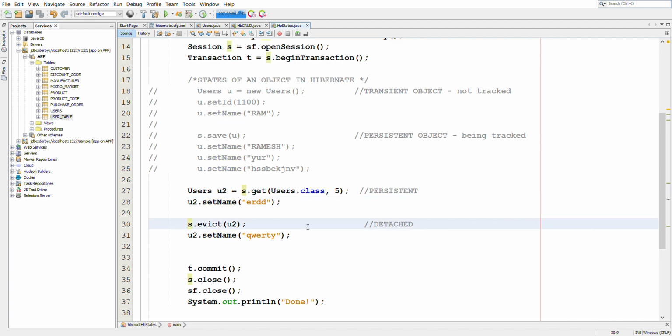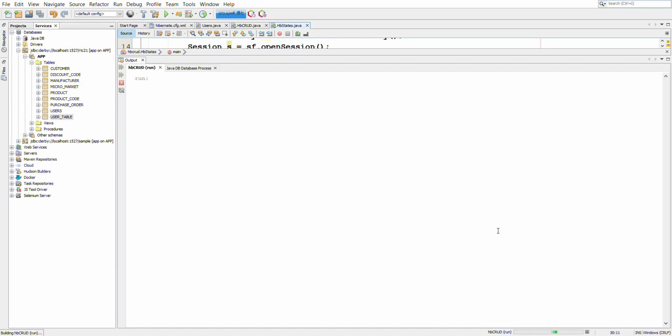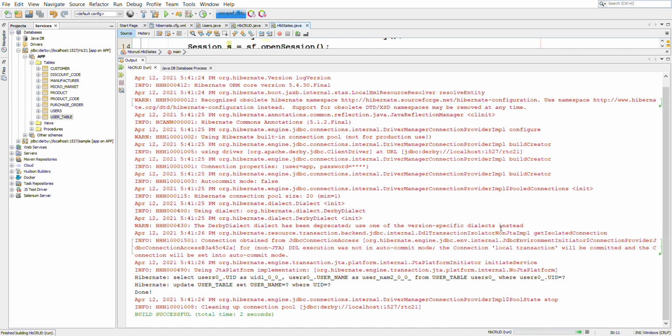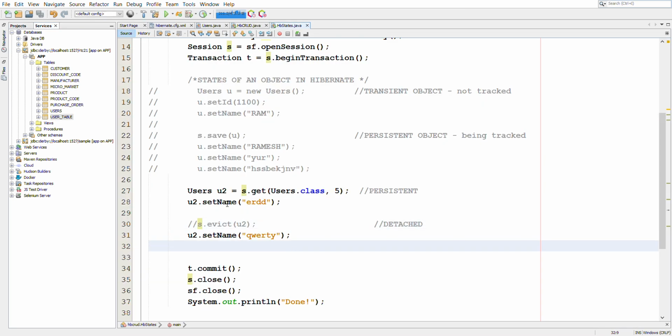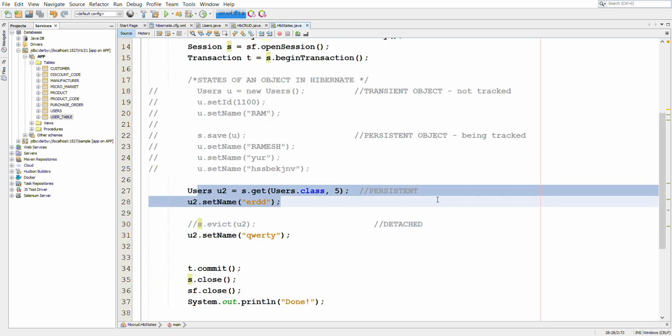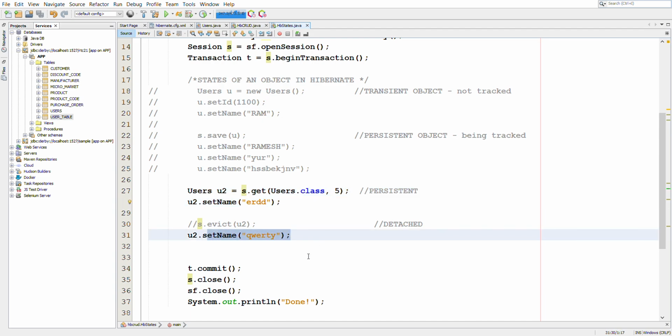So if we just remove this invocation of evict and run the code again, here as you can see, the username has been updated because since the evict method was not called, the object is in persistent state, and that is why the name will be updated when the transaction is committed.